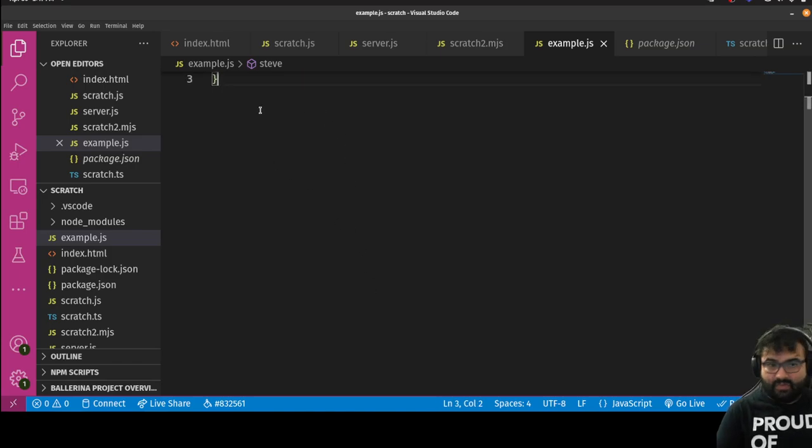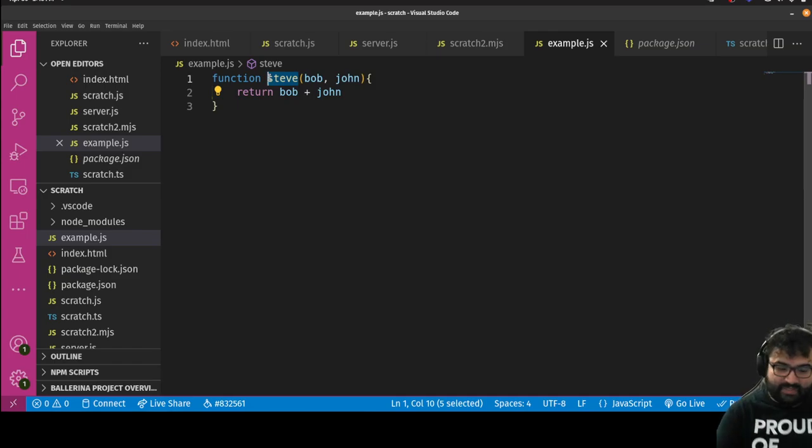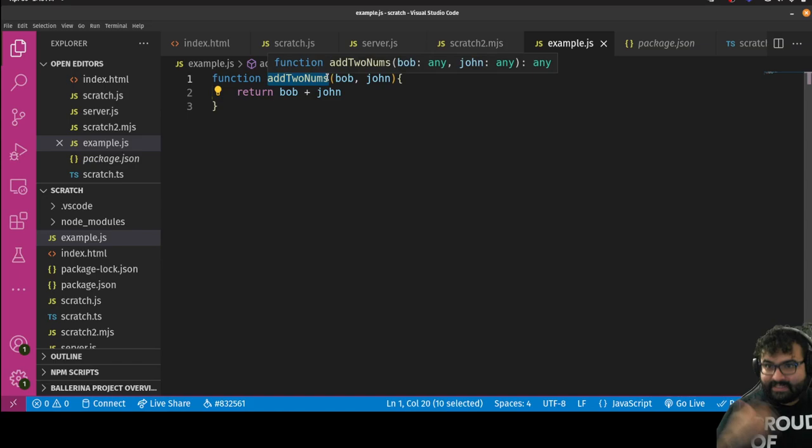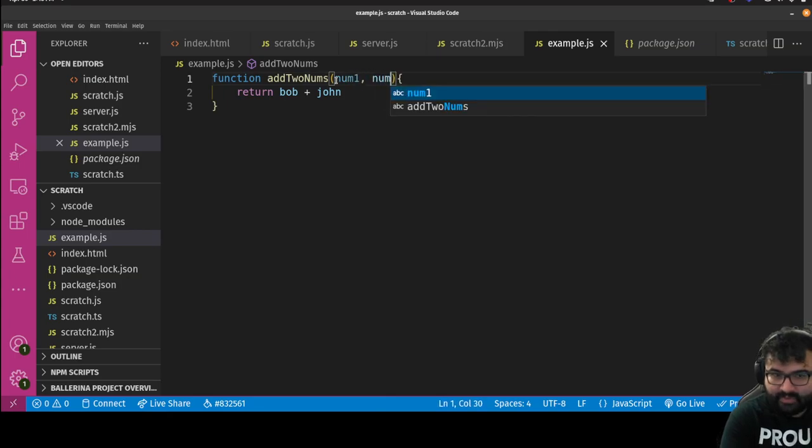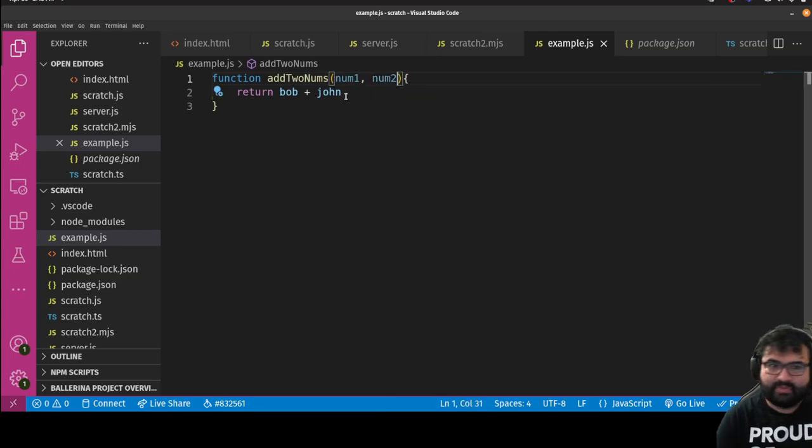What would have been better is to name the function something that reflects what it's doing. It's going to give me the sum of two numbers, so we can say addTwoNums. That's pretty clear what this function does. It adds two numbers. Generally you always expect that by the name you should be able to tell what it returns. So addTwoNums, I would expect that it returns the sum of two nums. That means the two arguments really should be called num1 and num2, because it's receiving two numbers. So we're returning